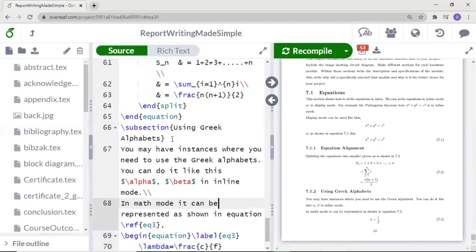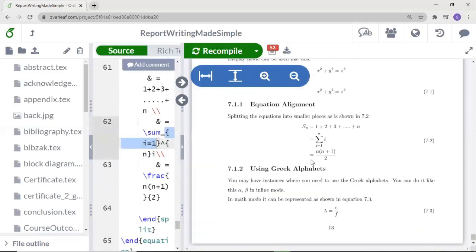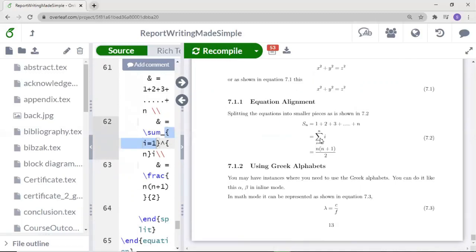One more thing is that for summation and fraction, you have different commands. For summation, you have the command sum, and the subscript will be i equals 1 and the superscript will be n, like summation i from 1 to n. That will appear something like this. The subscript will be below the summation symbol and the superscript will be above it, followed by i.